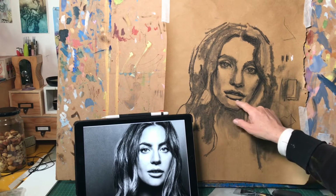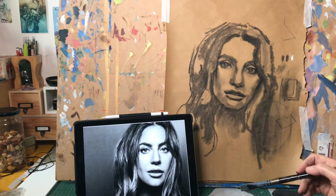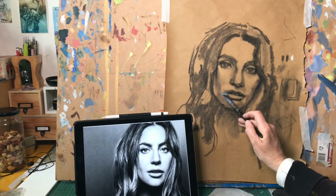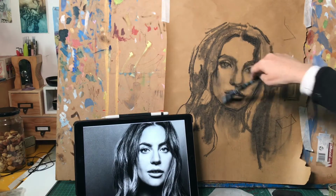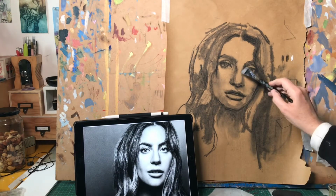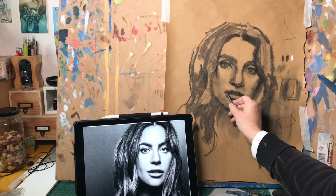I have sped up this footage. The actual drawing time was about 39 minutes, so you can see that I work quite slowly. I will be using my paintbrush to soften areas and move the tone around. I pick up some dark from some areas and I smush it all around and really soften those areas. So you can see how I'm softening that cheek and softening around the mouth, and I will just continue making